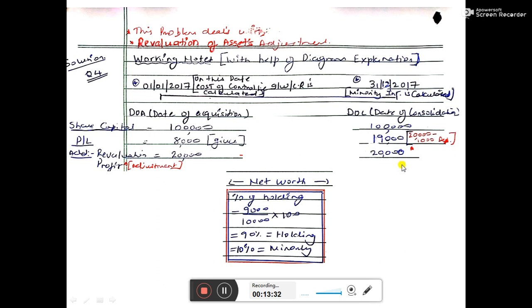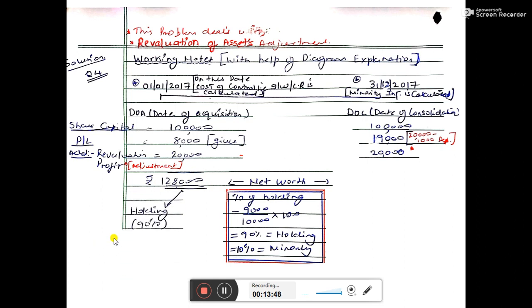And the same 20,000 profit will be shown here. Now we will find out how much is the cost of control, that is goodwill or capital reserve. So after adding all this, we are getting 1,28,000 as the net worth as on 1st January 2017. So out of this, holding is 90% and minority is 10%. We don't require this 10%. We are just saying how much X Limited is paying for this holding 90%. So 90% of 1,28,000 is